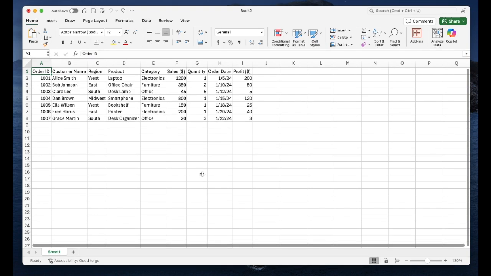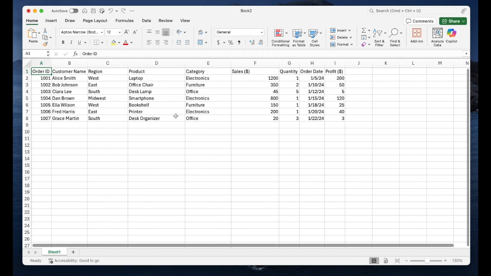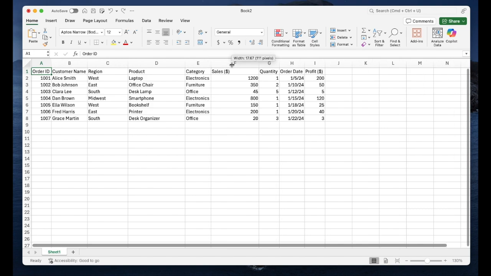All right, now that we have our data in our workbook, let's talk about formatting in Excel. Having nice, clean formatting makes your data easier to read and analyze, and it just looks much more professional. So if you want to adjust your column width, you can just hover your mouse between two columns and click and drag to set the width. If you want your columns to auto-fit to your data, you can just double-click between two columns, and your column